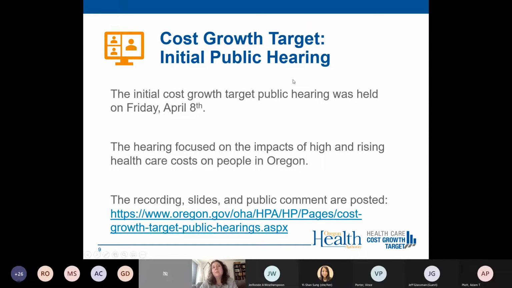Also related, on Monday of this week, which was just 2 days ago, we published a report that summarizes a lot of the data on the impacts of high and rising healthcare costs. This is a lot of survey data, national data, economic data looking at healthcare costs as a percent of household budgets. That really solidifies some of what we heard in the public comment and public testimony in the hearing. Those two things are packaged together, and that report is on our website. We can drop the link in the chat if folks haven't seen that yet.